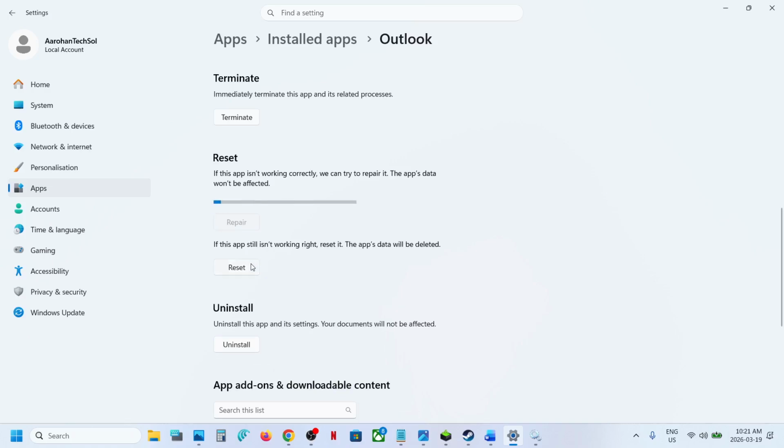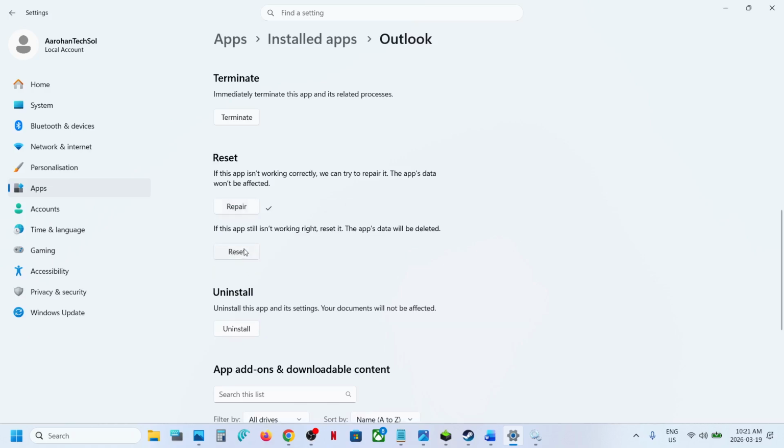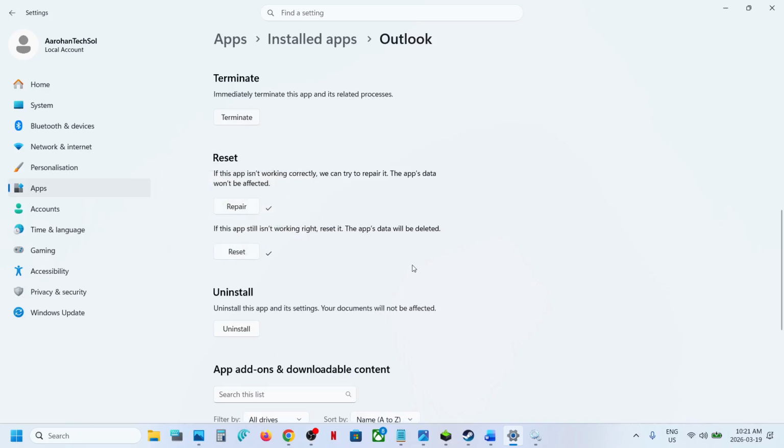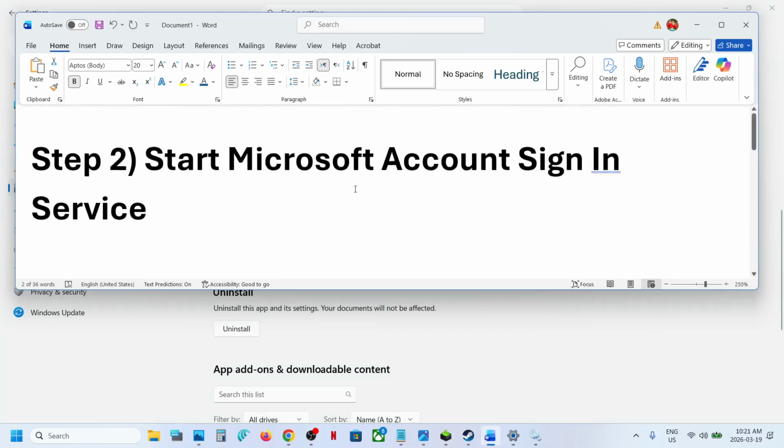If that does not work, you can even reset, click on reset. So if your application has this option, repair and reset, you can try that. If it does not, then you can skip this step. So one of the steps shown in this video should help you